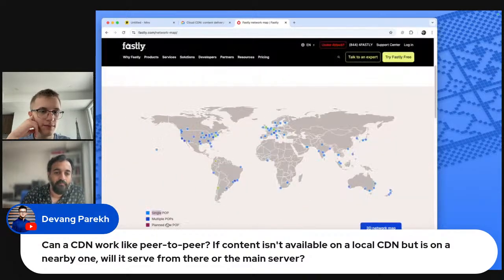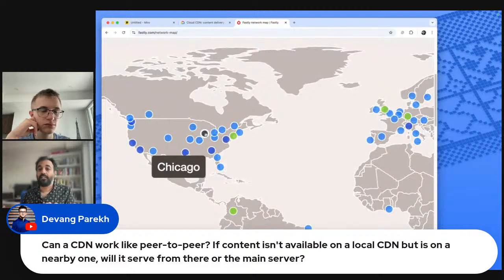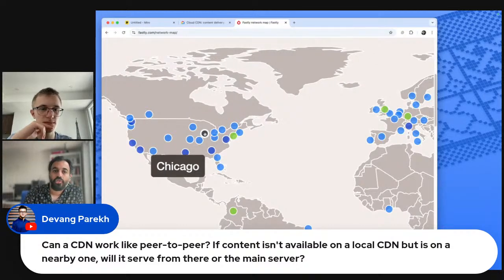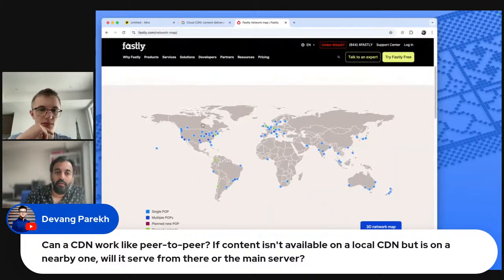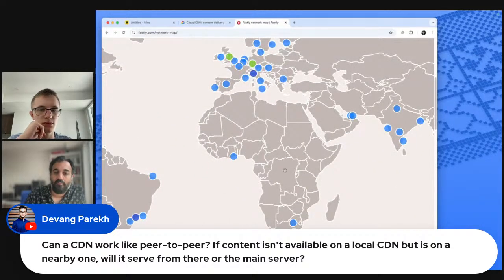And they have a legend here. There are planned upgrades, new PoPs, multiple PoPs, and single PoPs. In Chicago, Fastly has realized there's a lot of customer demand, so they should get multiple edge CDNs there. When you deploy a file, your file can be distributed across them. There's not a lot of traffic here, and maybe Fastly doesn't have the legal requirements or licenses, whatever, to operate in this country.